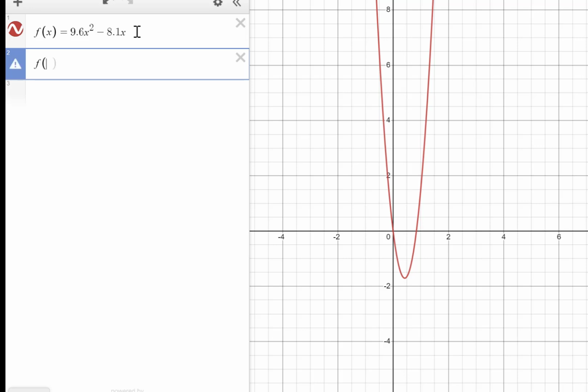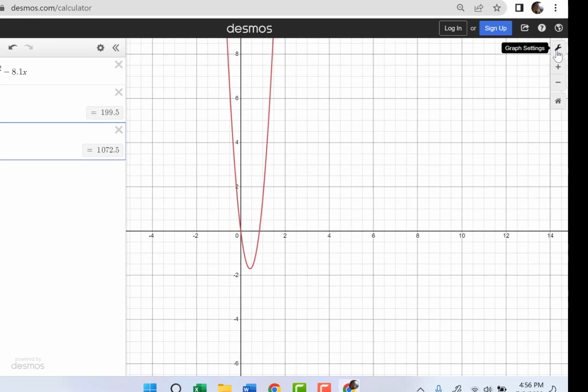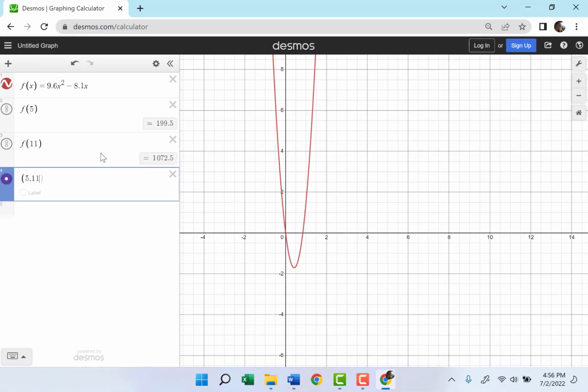So I'm going to ask Desmos to evaluate f of 5. I see that it's 199.5. And f of 11, I see that that is 1072.5, so it's way off screen. If we want to, we can change the settings, change the viewing window, so it would allow us to see both of these points. I could plot the points, 5, 199.5, check label, and 11,